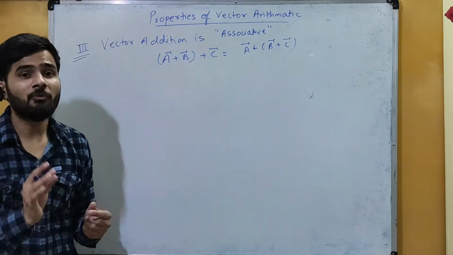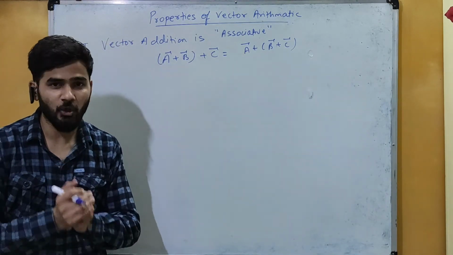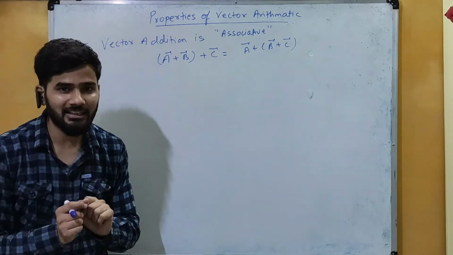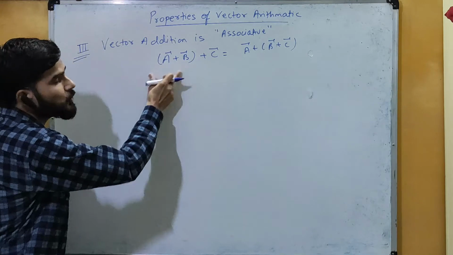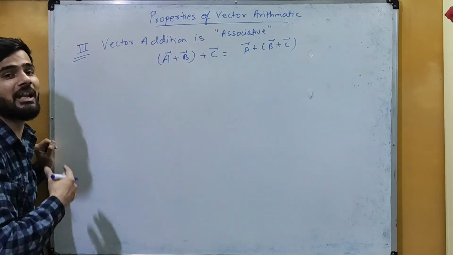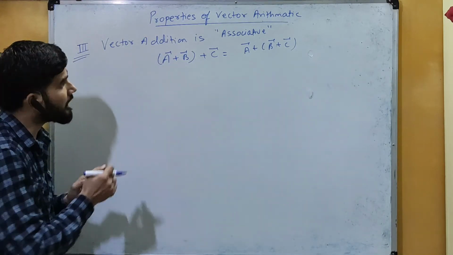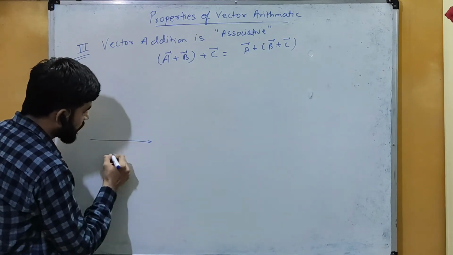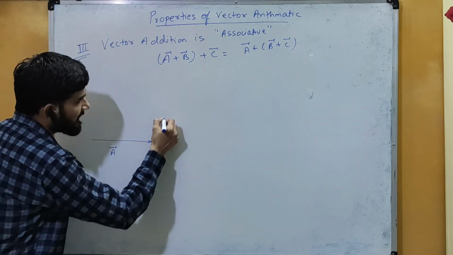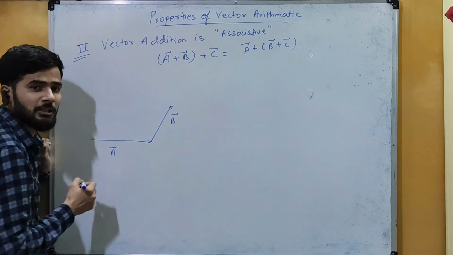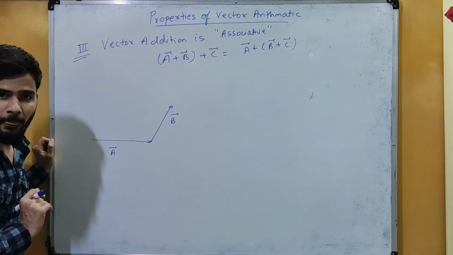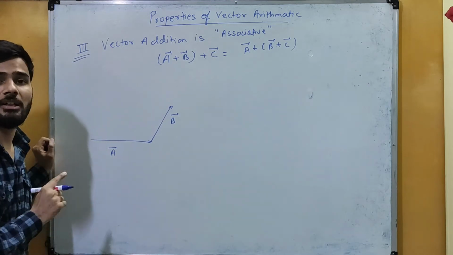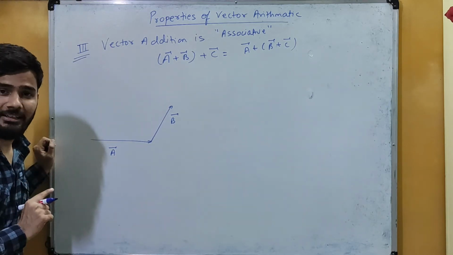Okay, here also we have to prove this associative law. So we will consider the vectors and we will prove the associative law. Okay, first of all we have the two vectors A plus B, and then we are adding it with the vector C. Okay, first of all let us consider the two vectors. This is vector A and we have another vector, that is vector B. Okay, these two vectors, they are in the same order. Okay, so to find the resultant one, we can use the triangle law of vector addition.